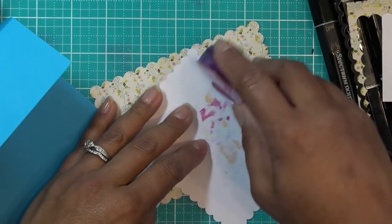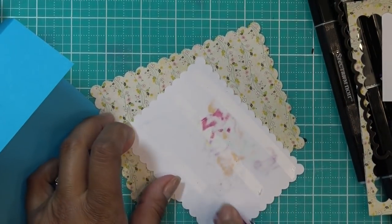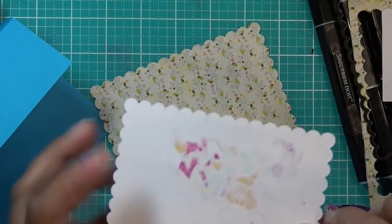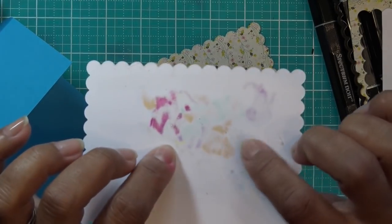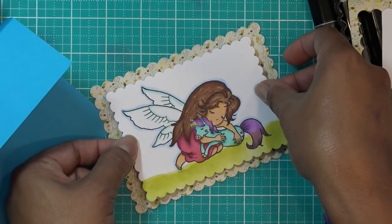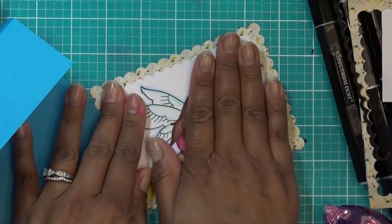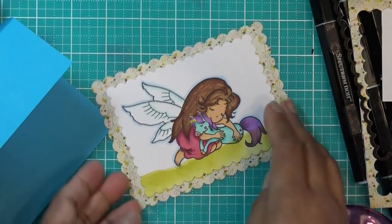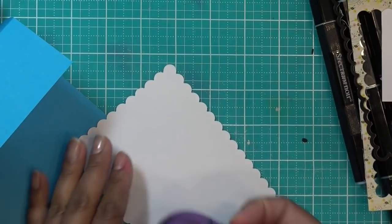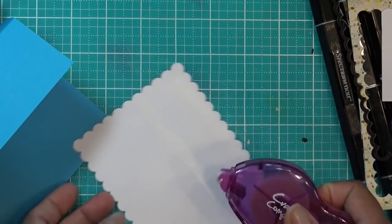All right. Oh, you can also pop dot this. That'd be really cute. And one other tip I can give about coloring is you're supposed to color so much that it comes through the other side. This is not enough. I should have put more and more and more, but that's okay. And again, if you want to distress your edges even more, that's another thing you can do. Clearly. And I'm just going to put sticky stuff on this, just so I know that's completely stuck, but also